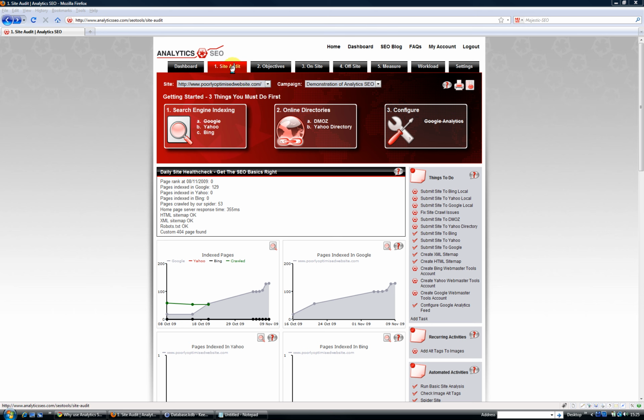Okay, so we're going to look at the site audit tab. We selected a site called poorlyoptimizedwebsite.com. This is our demo site. We've created a website as bad as possible from a search engine perspective and a user perspective to see how poorly it ranks in search engines, but also to highlight the power of the Analytics SEO service to highlight those issues, and also highlight to our users, you guys out there, where you can get it wrong